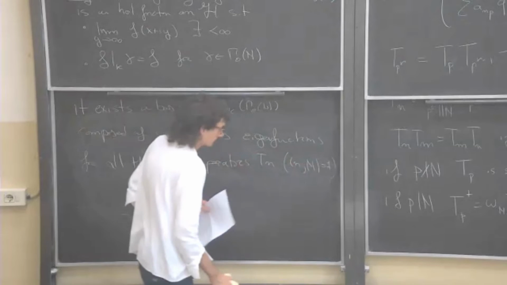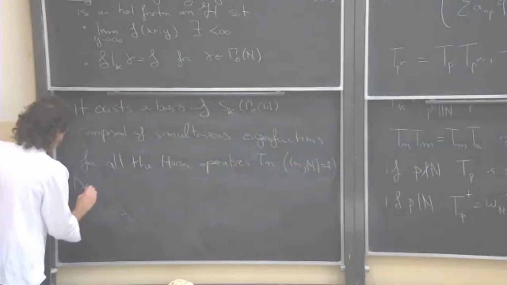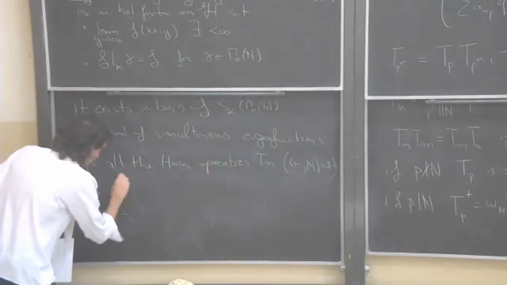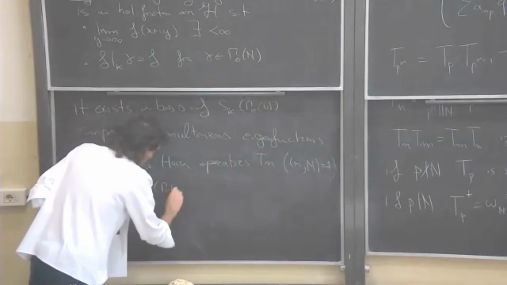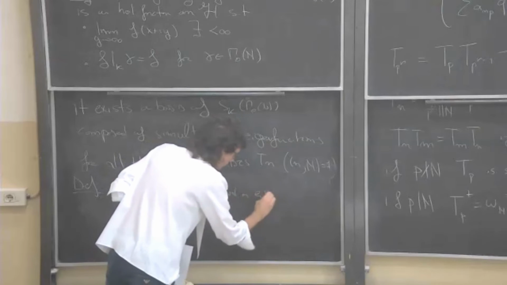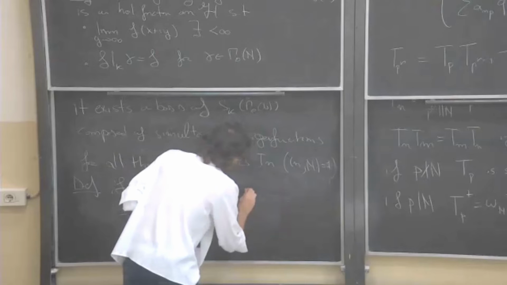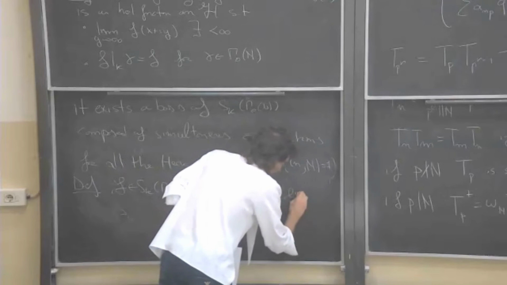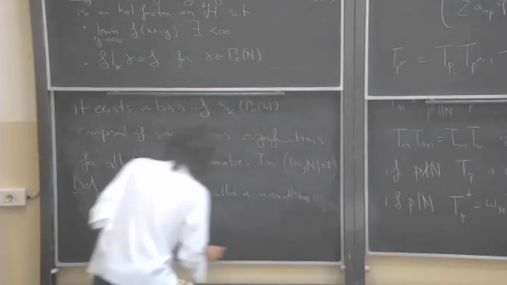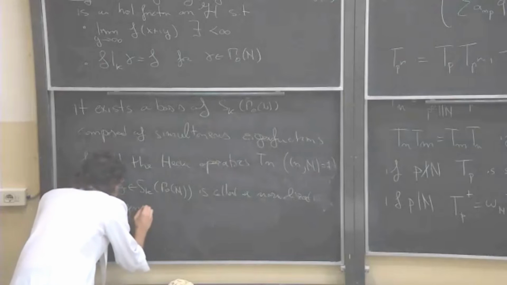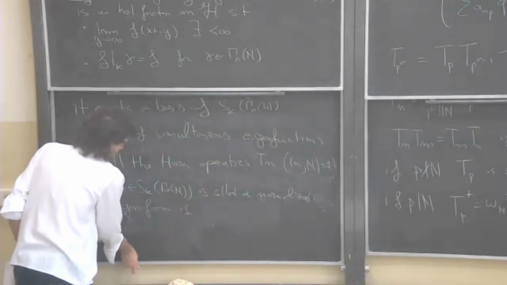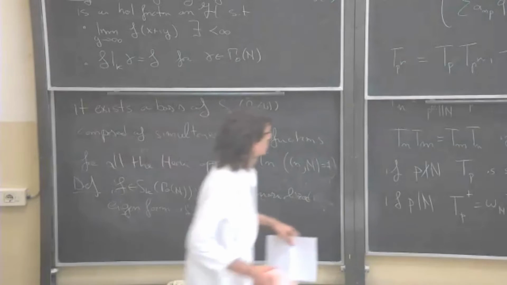So, definition, an f in S_k(Γ_0(N)) is called an eigenform, let's say a normalized eigenform, if